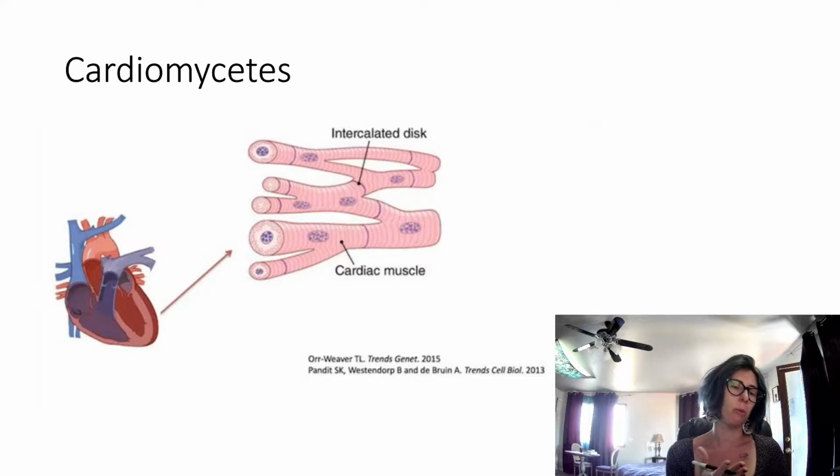And I'm going to start with a diagram because the cartoon diagrams are simpler. They're easier to look at than true cardiomyocytes. So we'll start here. You can see these are branching cells. They're short, they're thick, and they're branching. And that branching nature is really important because it allows each cardiomyocyte to form contacts with many